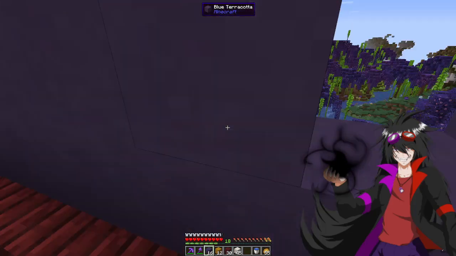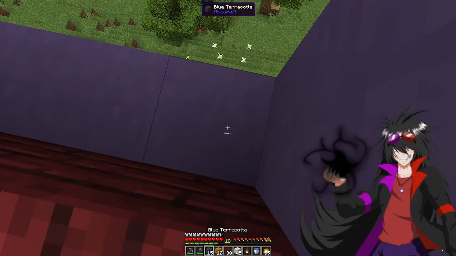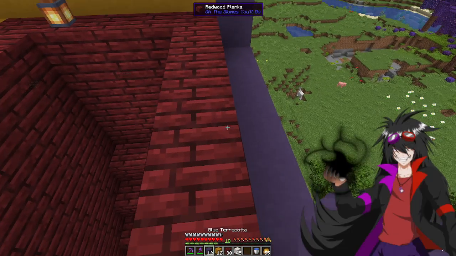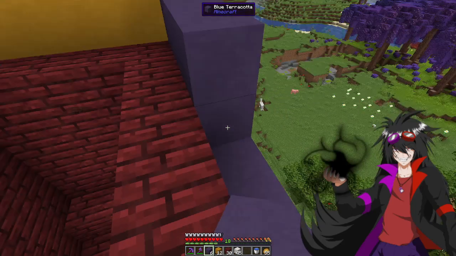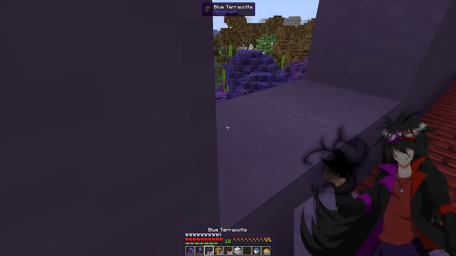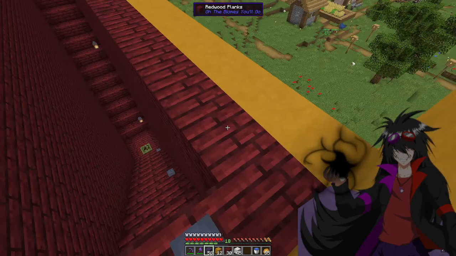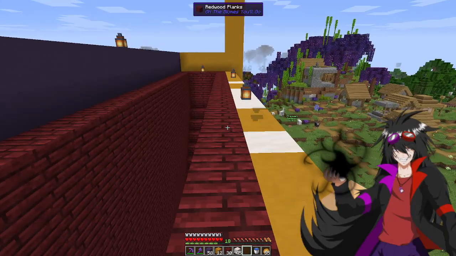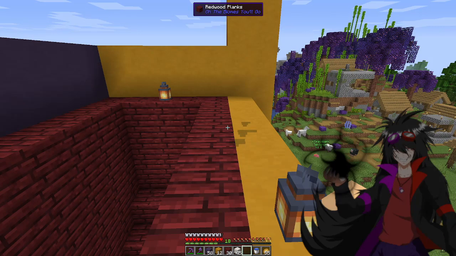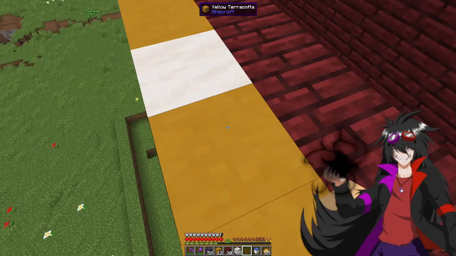Now it's odd that it's so close to my original base, but I honestly don't see a problem with it. I mean, one of the inspirations for ideas of mega bases comes from channel Butter Jaffa, and whenever he did his Avatar series, he had his bases nearby too. So I don't really. I know I'm not him, but